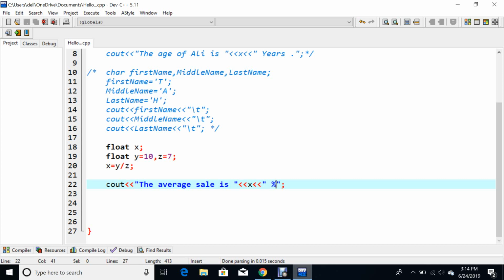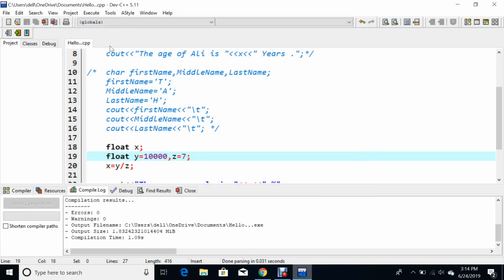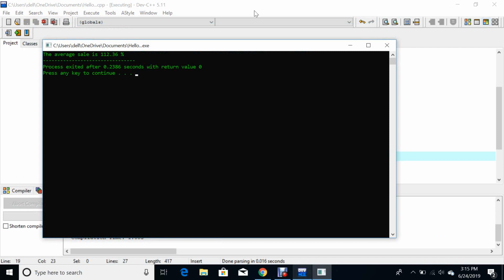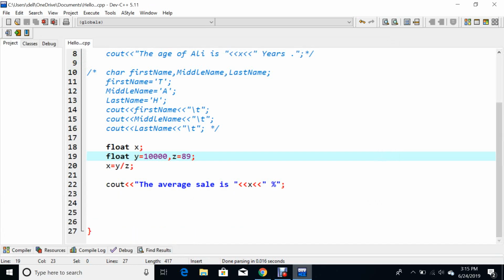You can also use some larger numbers, let's say we use 100 or 1000 whatever, and the answer is 1428.57. We can also change z to 89, it must be 112.36. So that is all about